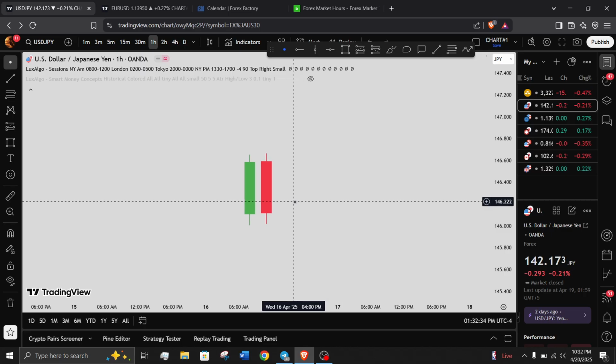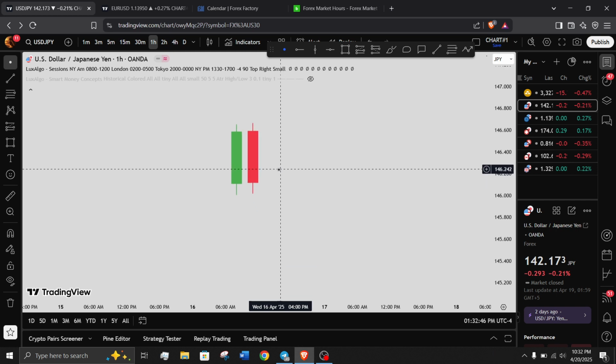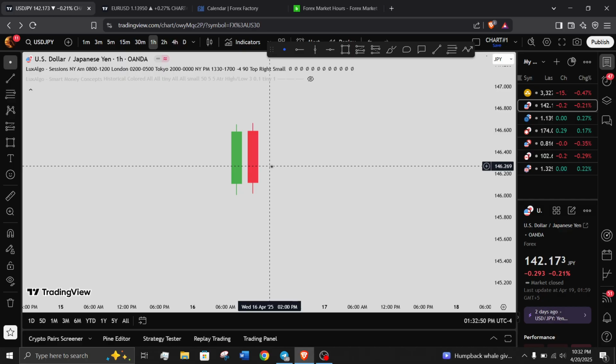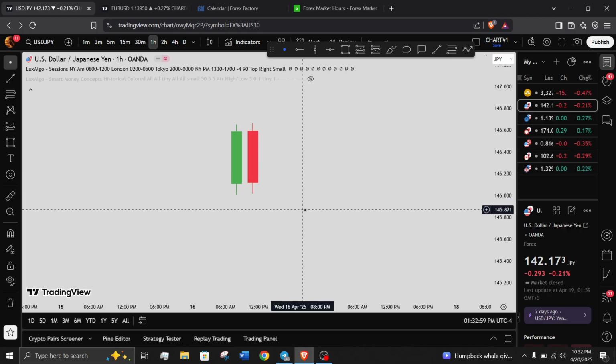What is an order block? An order block is an area of inefficiency or institutional buying and selling from where price gets impulsive movement. So first of all, a myth you need to eradicate is that an order block is not associated with the color of the candle. So, for example,